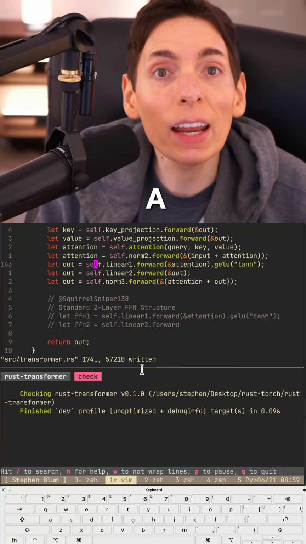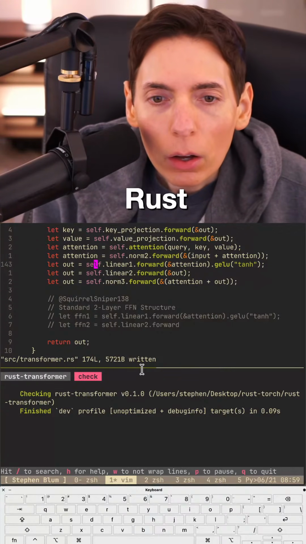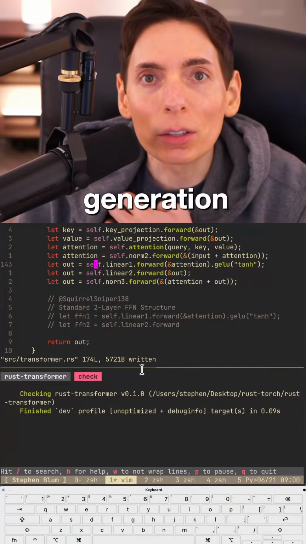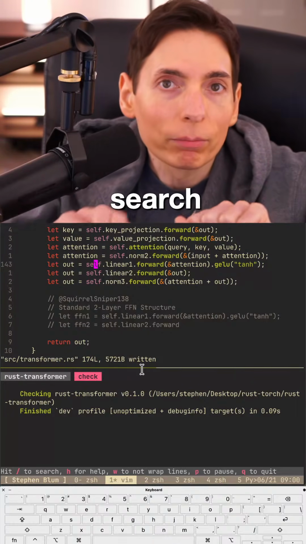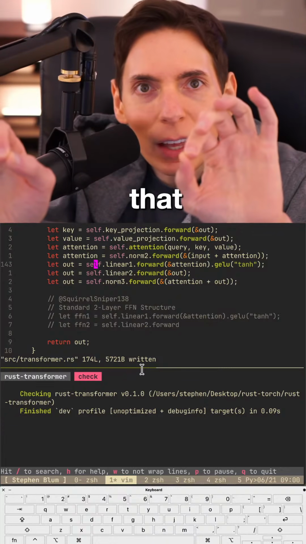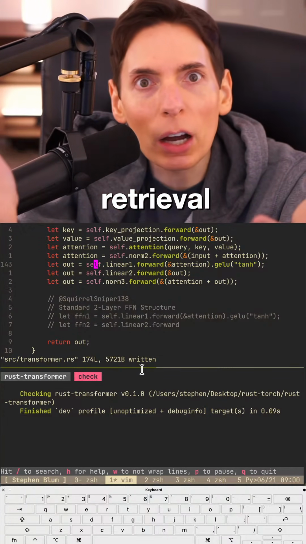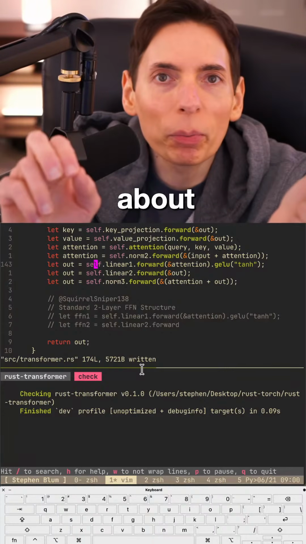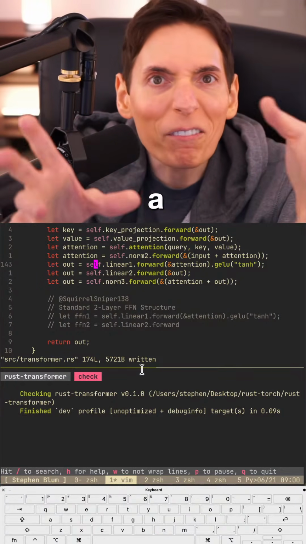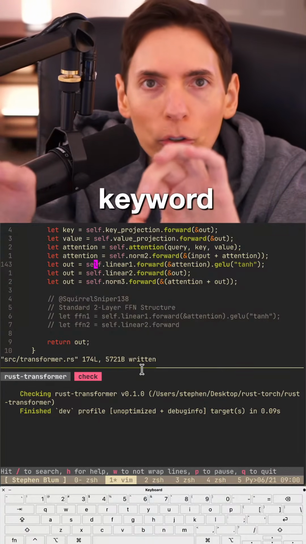It is 9 a.m. and we are currently building ChatGPT in Rust. RAG, can anyone explain? Oh, retrieval augmented generation. It's about search. Have you guys heard of RAG? It's that thing that people talk about on a regular basis. They say retrieval augmented generation. Really what it's about, it starts with search. So a Google search or a vector search, which is also what Google search is, and a keyword search.